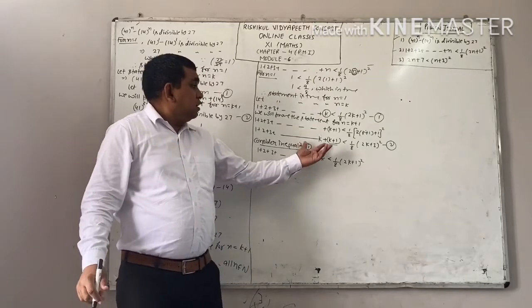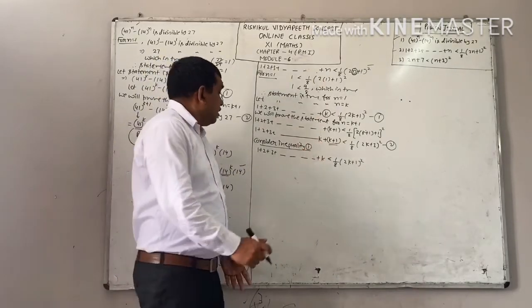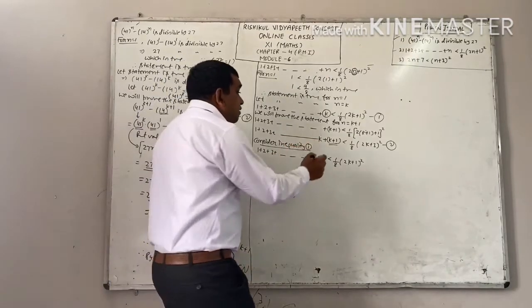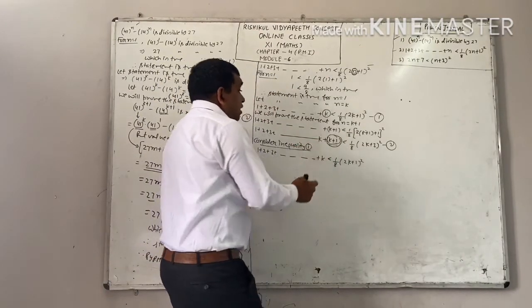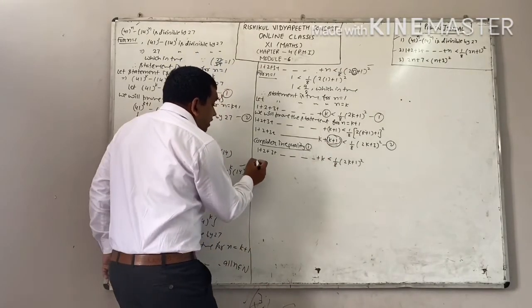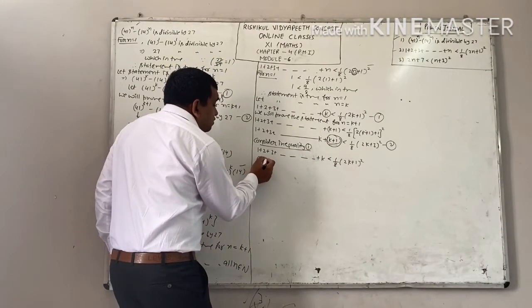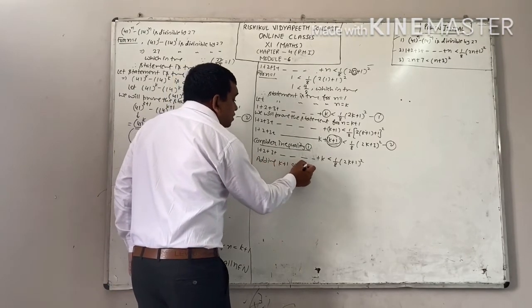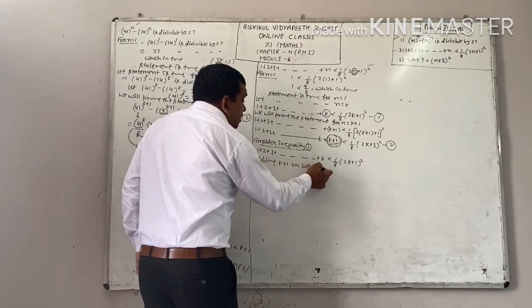Now see your inequality 2. What do you require? I require 1 plus 2 plus 3 up to so on k, and I require this term extra, meaning I require k plus 1 on the left hand side. That's why you will add k plus 1 on both sides. Adding k plus 1 on both sides, see what you will get.